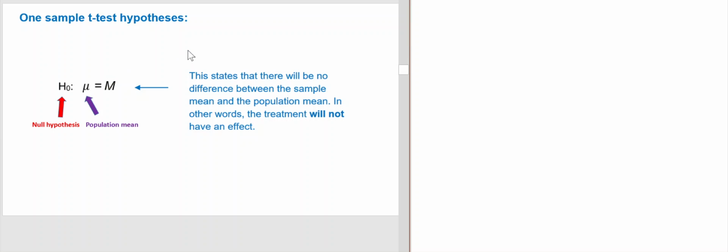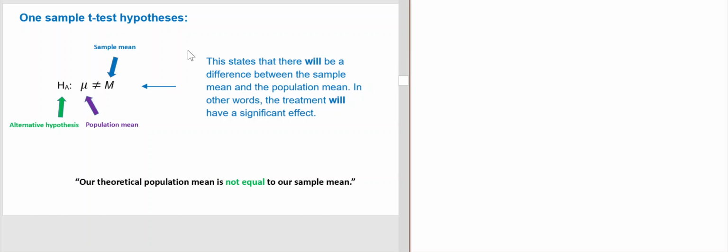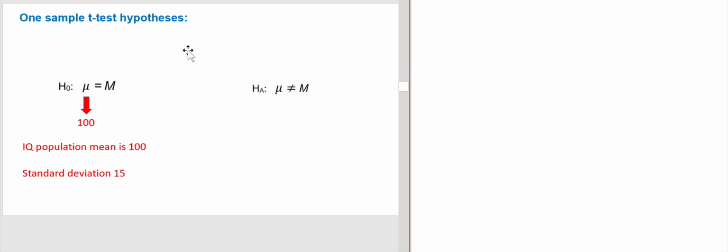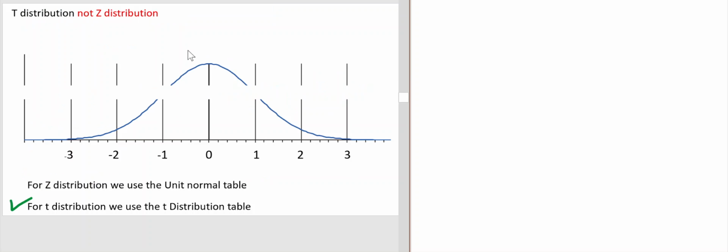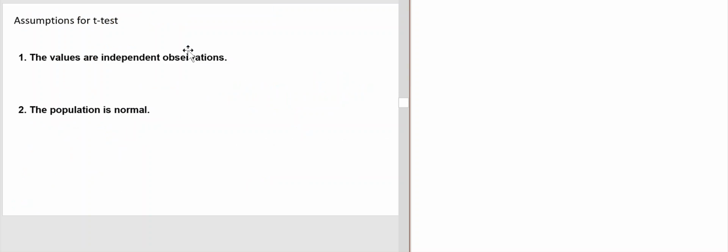So we have our null hypothesis, population mean, sample mean, and our theoretical population mean is equal to our sample mean. That's basically what that's saying. And then here's the alternative hypothesis. Not going to go into that much detail. We're going to also do simple calculations of degrees of freedom. It's just sample size minus 1. And we're using the t-distribution. So I think what I'll do